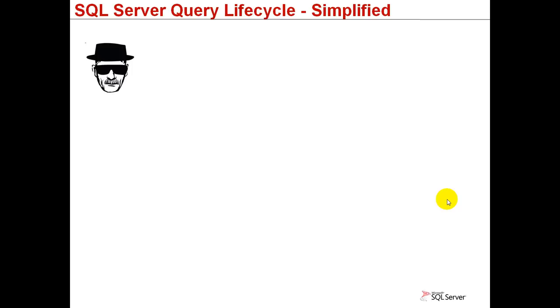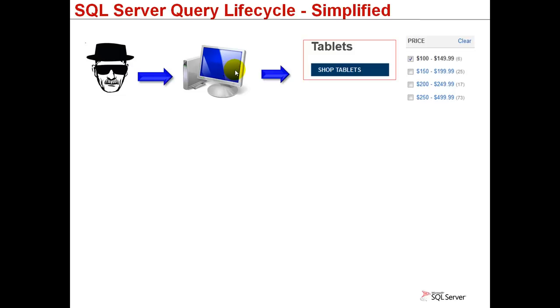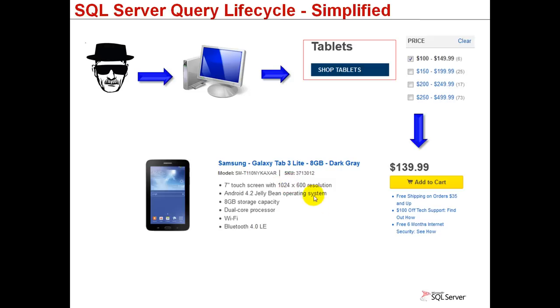Breaking Bad fans will certainly recognize this guy here. He will represent our end user. So this user has access to a device that could be a computer or smartphone and browse an online store for tablets and apply a filter. In this case, he wants the lowest price first. And then the result is displayed back to the user, and he can make the decision to buy or not the product. This is a very simple example, and now we're going to see what actually happens behind the scenes inside